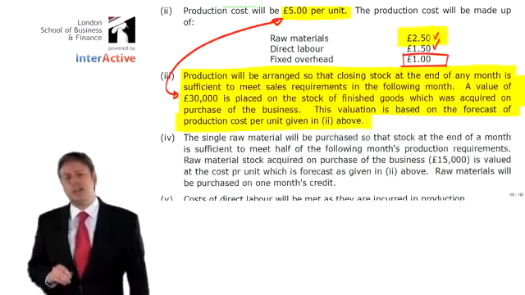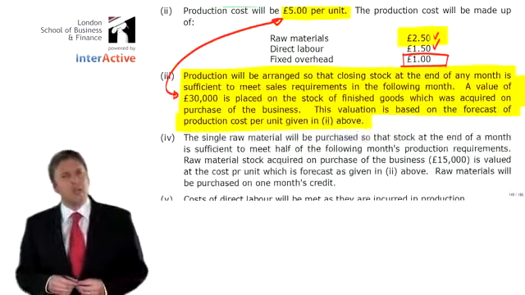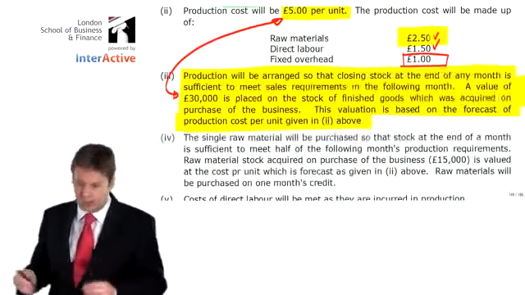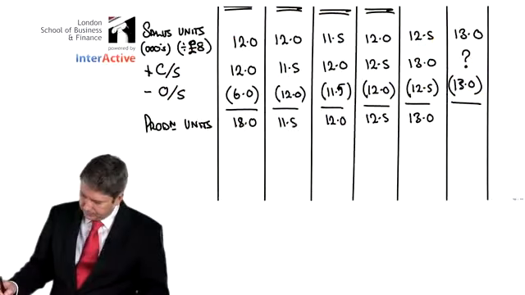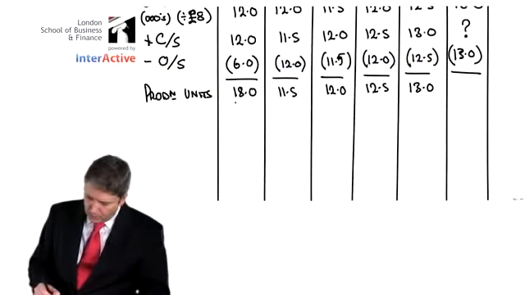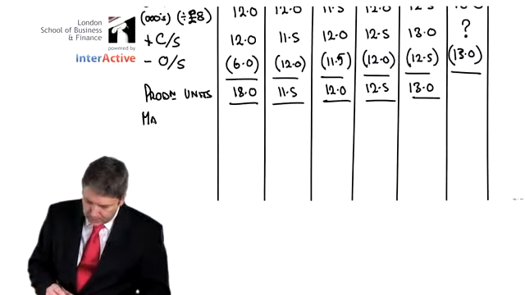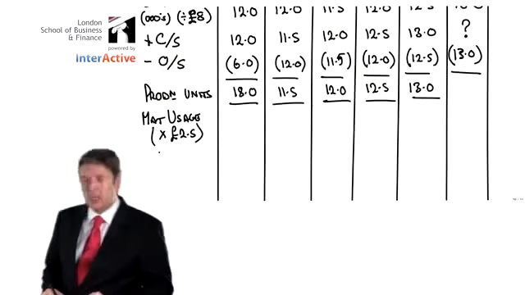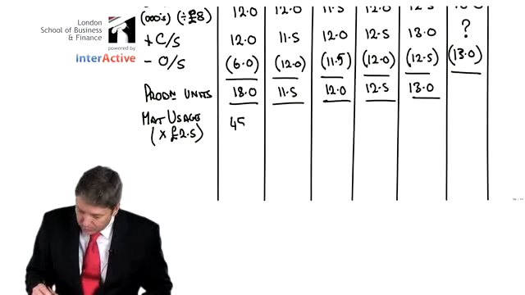So we could say that the material usage is 2.5 if we want to value it financially. Okay. So that being the case, we've got our production units, fine. If we want our material usage, all we want to do is to multiply by 2.5. And if we multiply by 2.5, we get 45